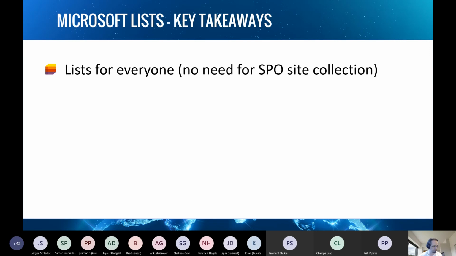Very often we need to create a quick list with products, or with issues for some projects, and we can use Excel for that, but it's hard to share that data.